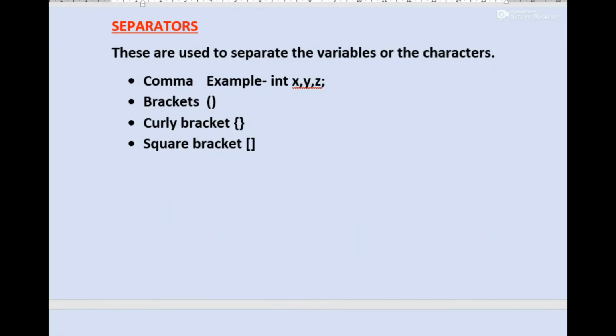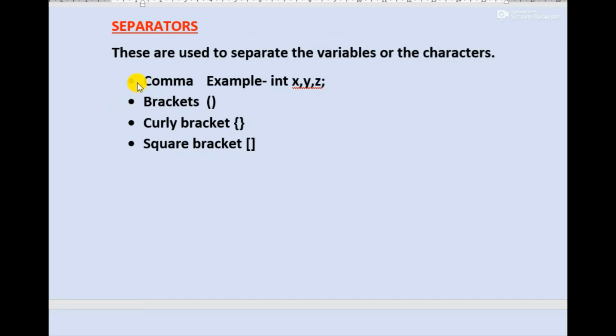Next token is separators. Separator tokens are the special characters in Java which are used to separate the variables or characters in a program. These are the different types of separators which we can use in a Java program. The first one is the comma separator.